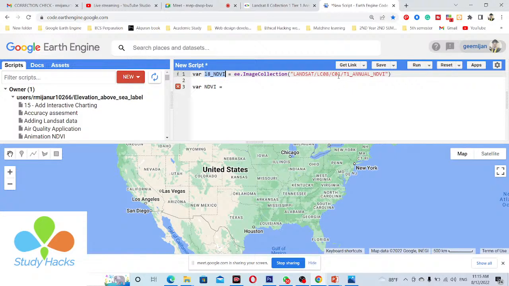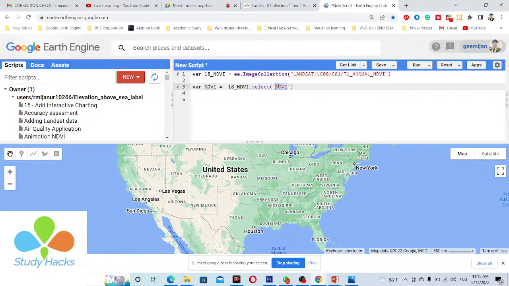So I copy this variable name and paste it here. Then I need to use the select function, and I put my band name here. My band name is NDVI. Since this image collection is stored in this variable, I use the variable name and then the select function to select my NDVI band.